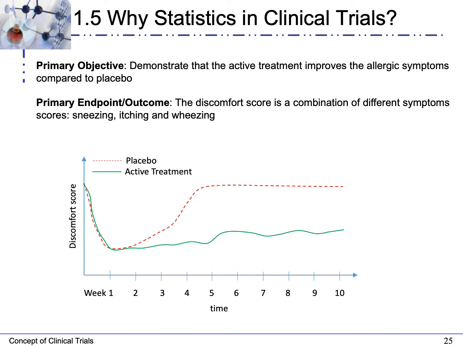Another example is an experiment where the primary objective is to demonstrate that the active treatment improves the allergic symptoms compared to placebo. So the primary endpoint outcome is the discomfort score. That is a combination of different symptom scores. So it's a total score related to sneezing, itching, and wheezing. And what we observe in this experiment, again, we have on the x-axis time, we have the discomfort score